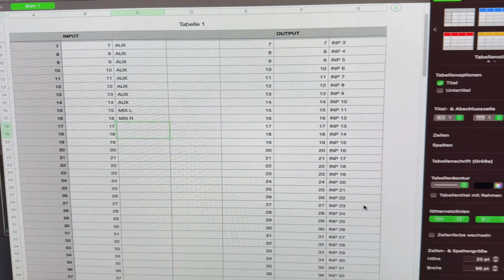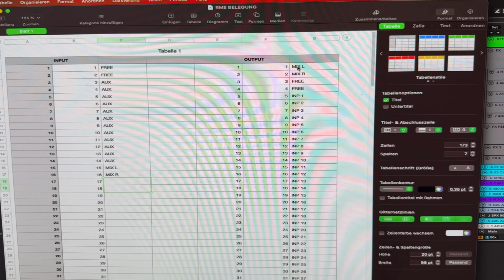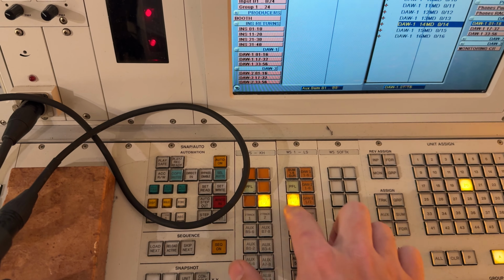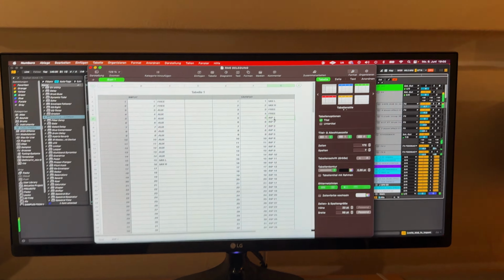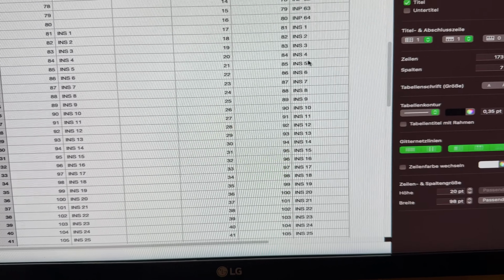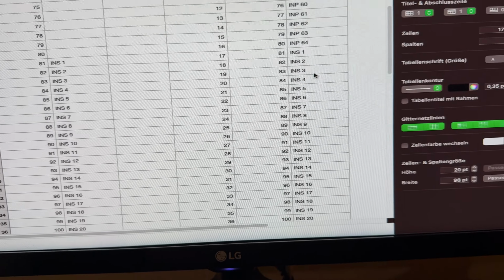I made a plan for my RME, what channels are where. So I have this whole setup where on the output side I know, okay, I have mix left, right, then I have 2, 3, because DAW 1, 2, and 3 and 4 I can choose here directly for reference mixes. Then I start inputs on the board, then here mixes, inputs, and then inserts. And that also tells me that I do have